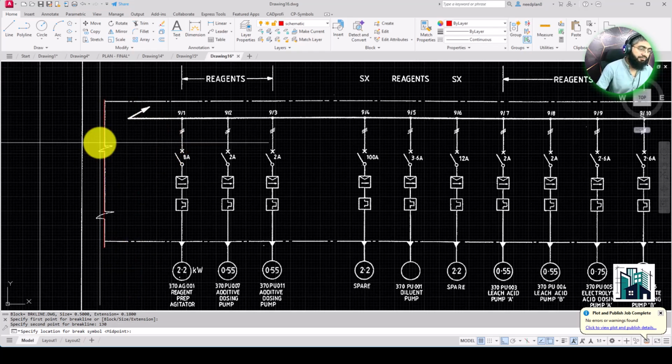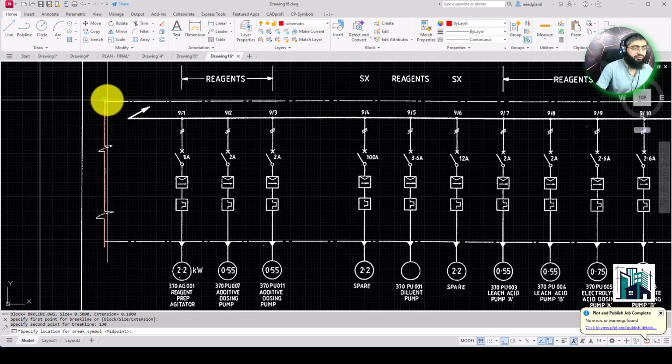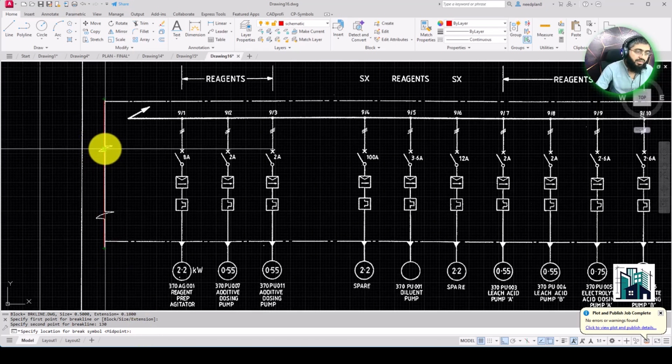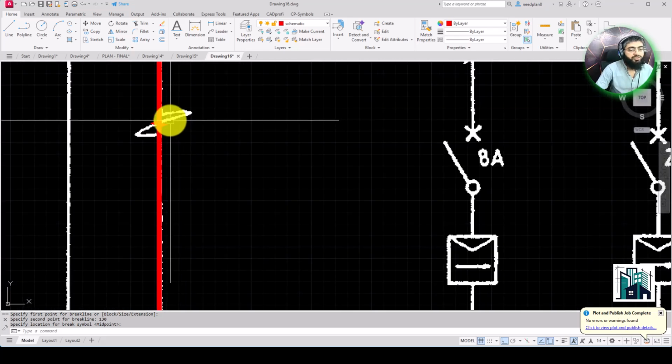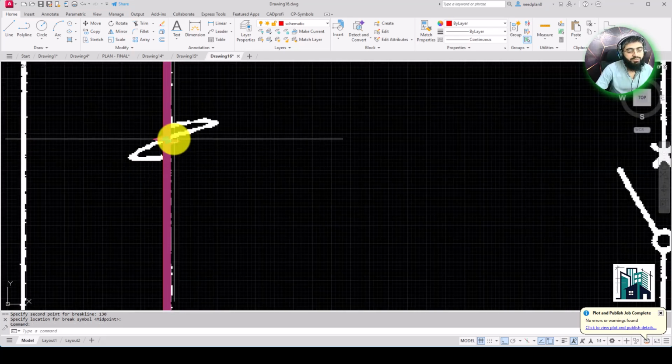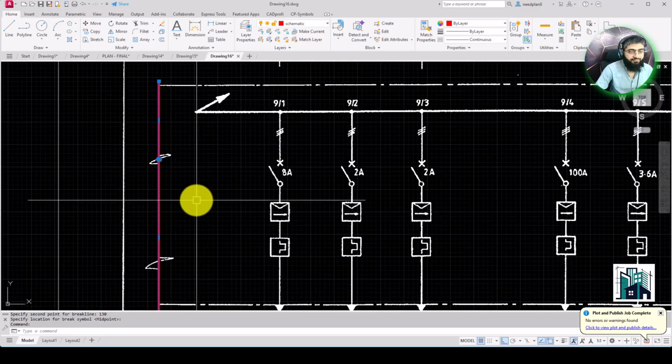The line will appear in front of you, first point and then second point, and you want to create this one here, second one here. Click here and the symbol will appear. So this one is very small, what you have. So now I'm going to